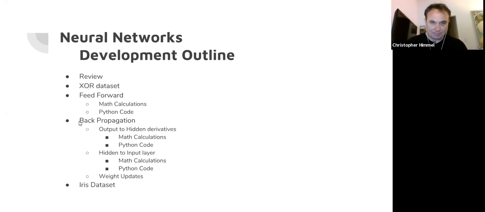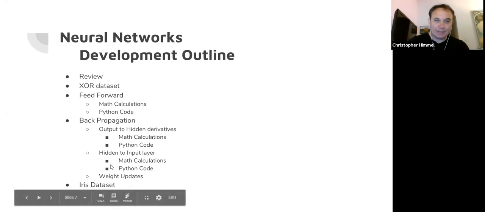So then we're going to show backpropagation, which means once we have our feed forward and we have the wrong answer, neural networks or any machine learning for that matter never gives you the absolute right answer. It just gives you an answer close enough eventually. But at the beginning, it's going to give you bad answers. We're going to take the error of that bad answer and pass it back through the network and update the network. So the first thing we're going to do is pass it back through one part of our network, the second layer, and then we're going to pass it back to the input layer and do a bunch of math,